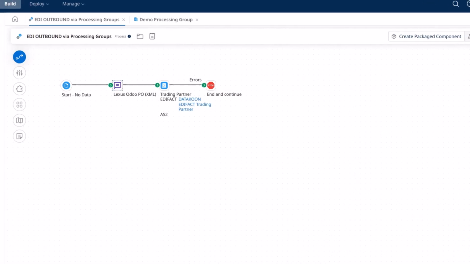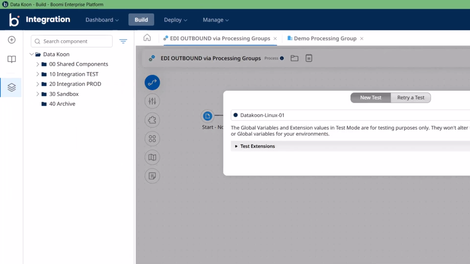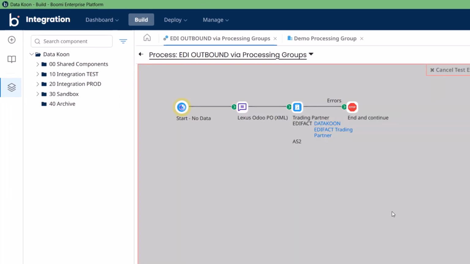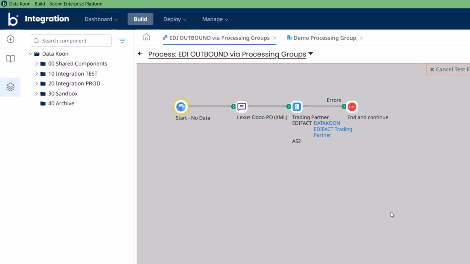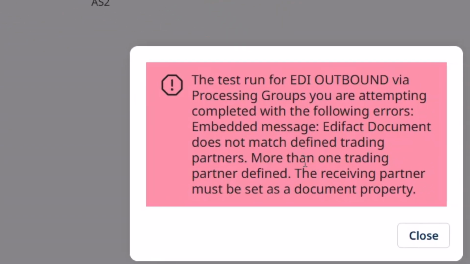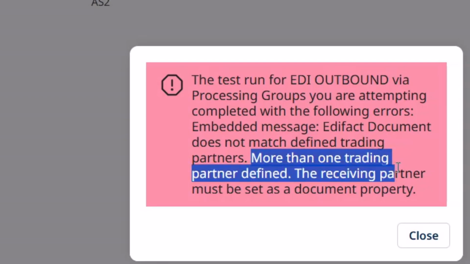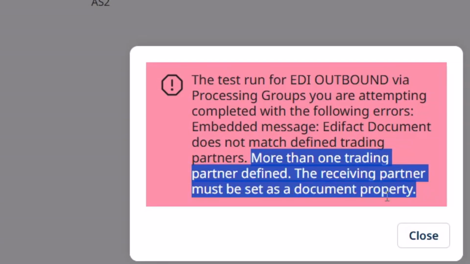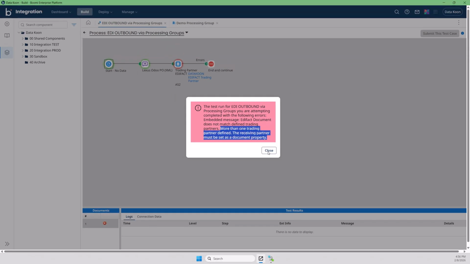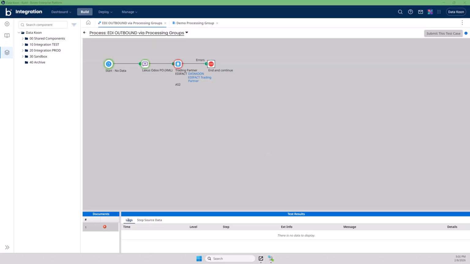Now test it again. Now another error. More than one trading partner defined. The receiving partner must be set as document property. Okay. So that means that we somehow